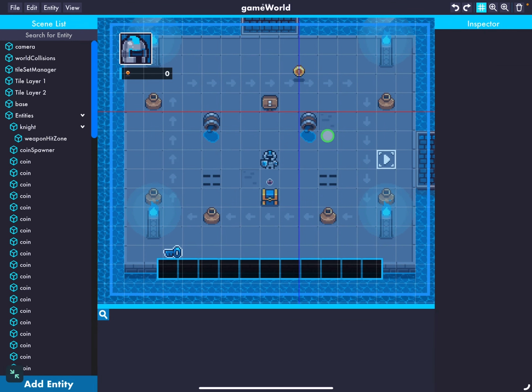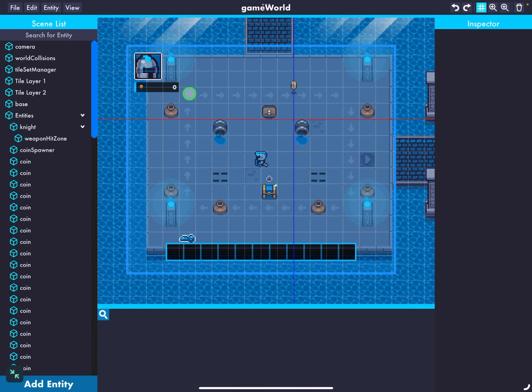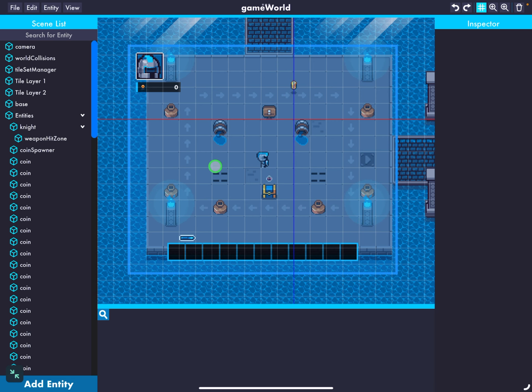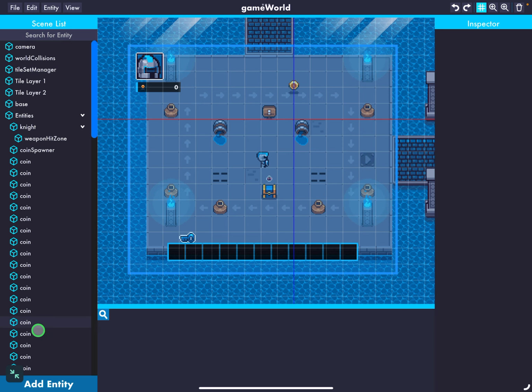So I've made a bunch of changes and updates to it, like this camera over here. You can see this is the camera, which represents the camera view. If I move around, you see that it's following the knight, and this is the UI, which is stuck on the camera. And in case this is your first time seeing my editor, it has a scene list,